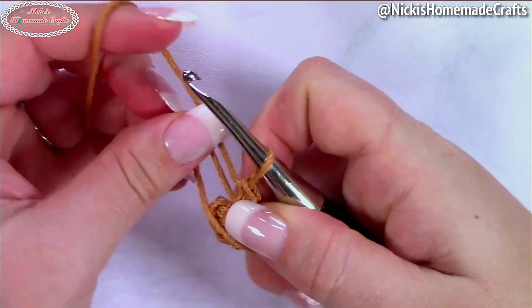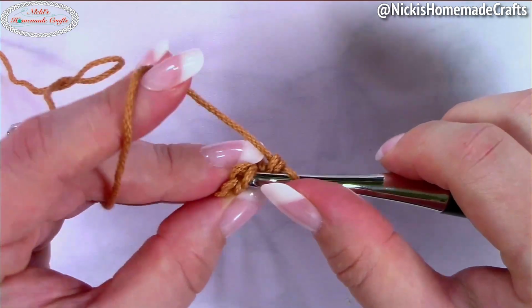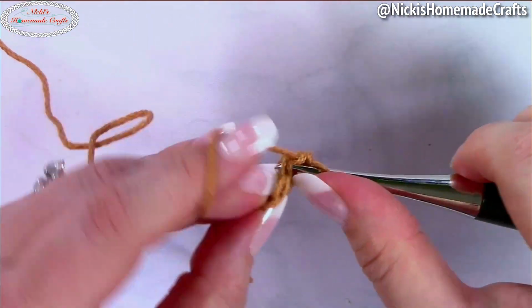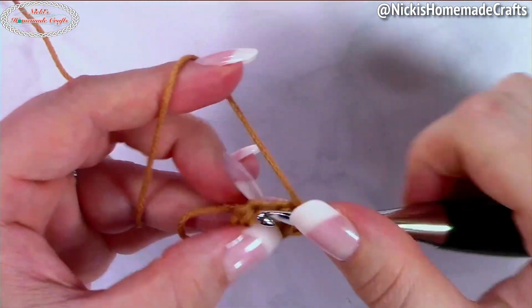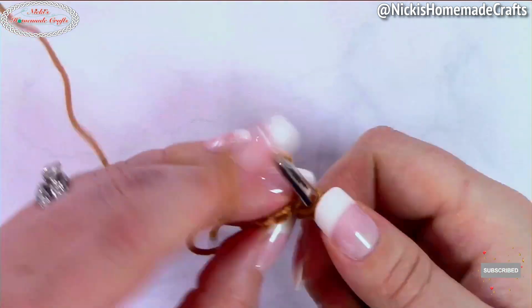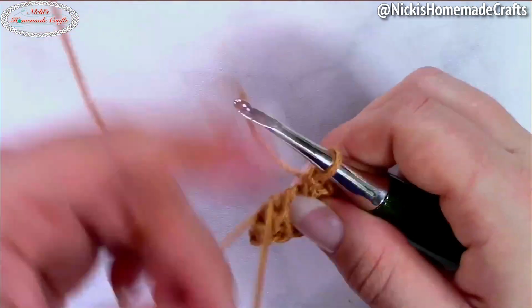You can use your yarn as your stitch marker. You're going to crochet 2 single crochets per stitch all the way around. That means in round 2, you should have 14 stitches at the end of the round. Now move up your stitch marker